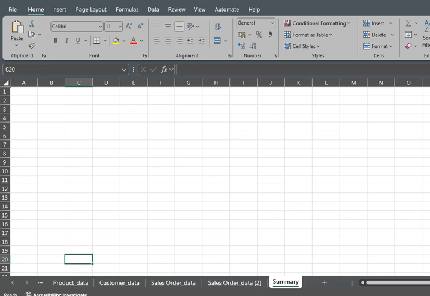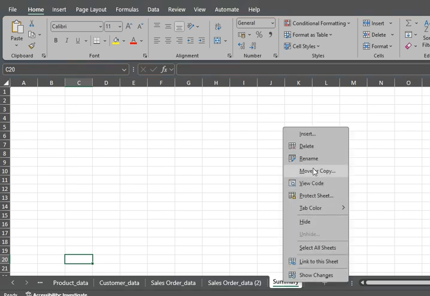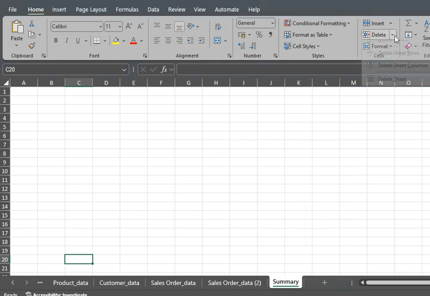And next is how to delete the worksheet. So just right click on this and delete worksheet, or you can use this button, delete sheet,